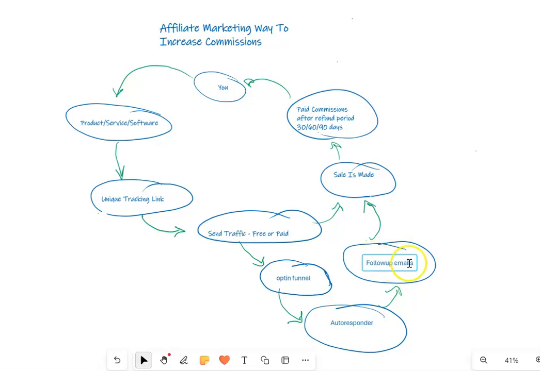As with your follow-up emails, you're sending them to your affiliate link, and then as they become familiar with you and the value you got from your training program, more than likely a sale is going to be made, and then you would get paid your commissions. And so this is a way that you can really increase what you earn through affiliate marketing. There are some technical kind of things in terms of setting this part up, but this part here is critical